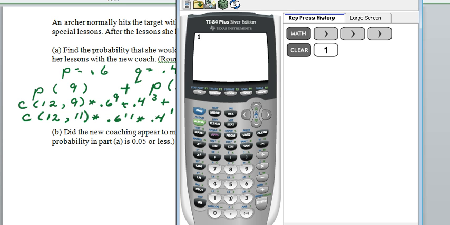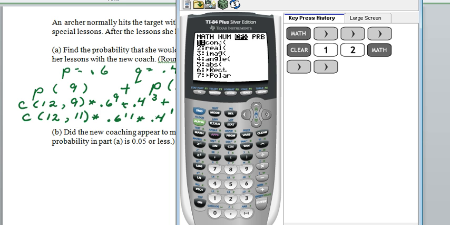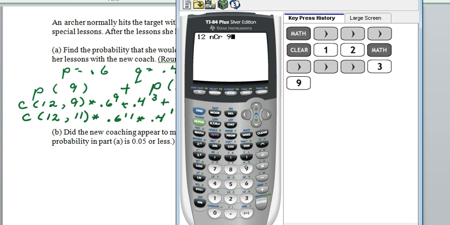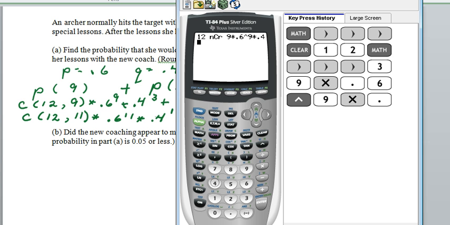So 12, math, 3 right arrows, 3 for nCr, 9 times 0.6 to the 9th times 0.4 to the third,